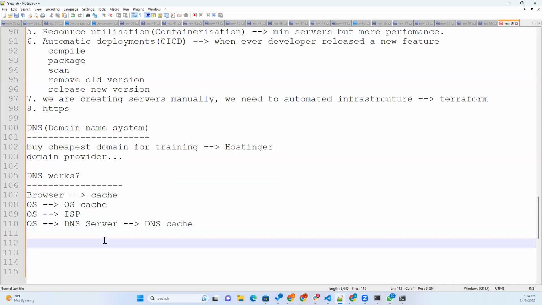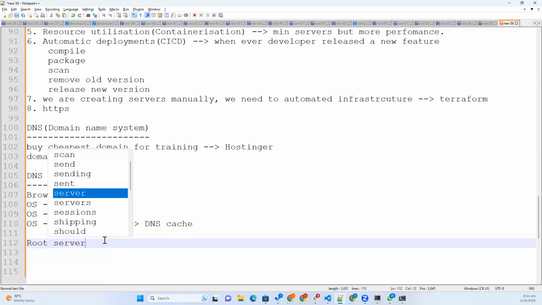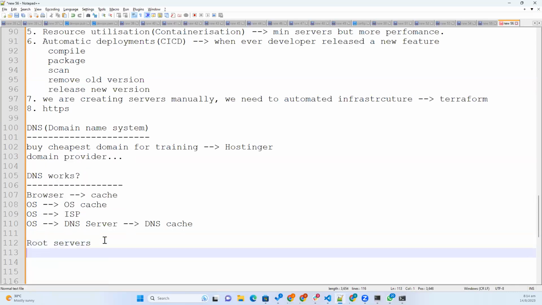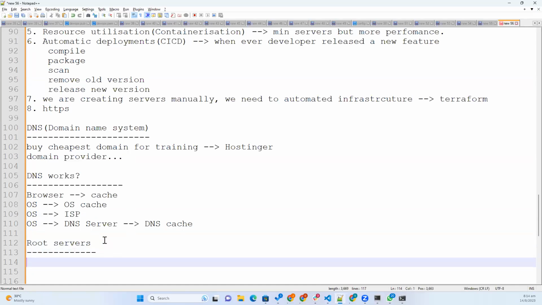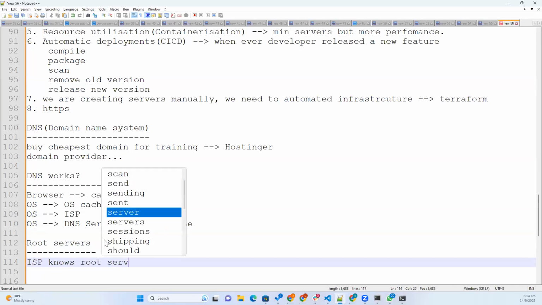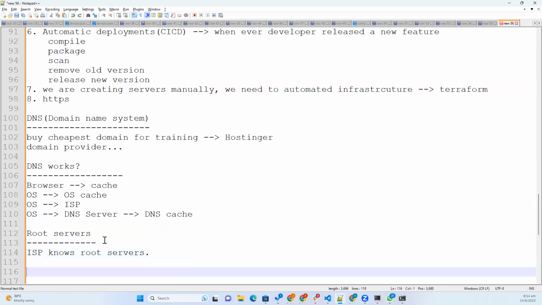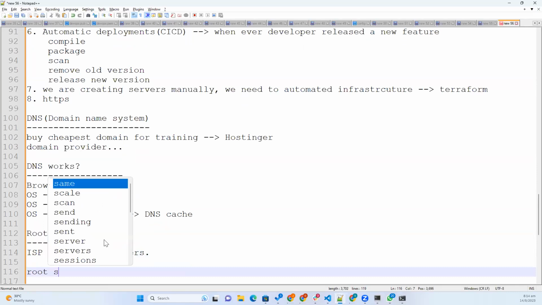Still, it is not found here. So then there is something called root servers. Our ISPs are configured with root servers. What are these root servers? Root servers are like